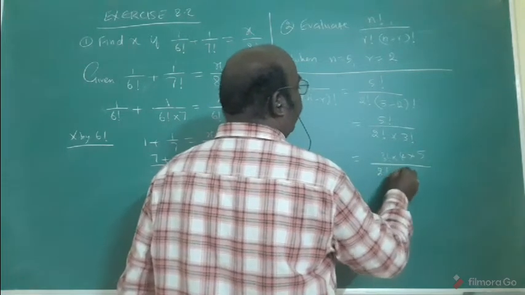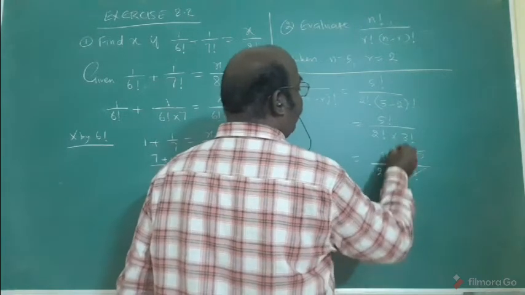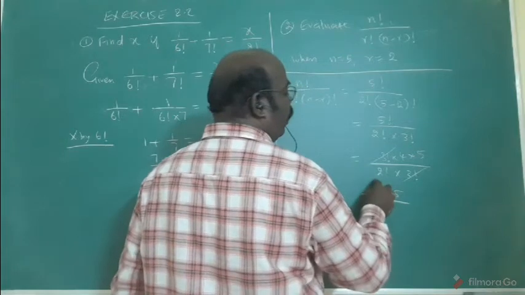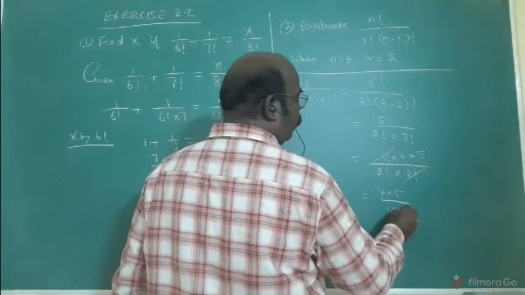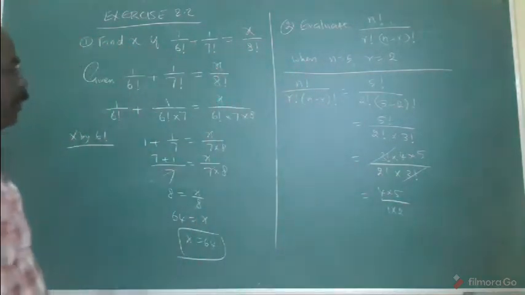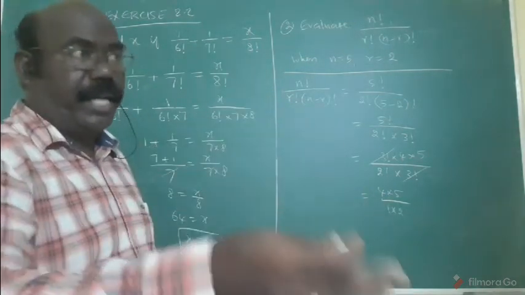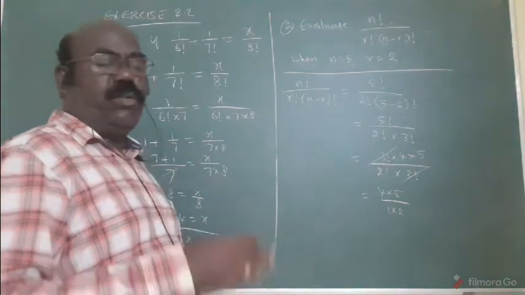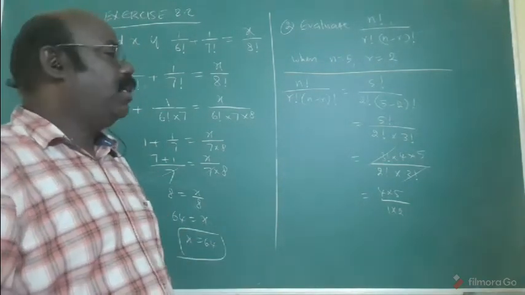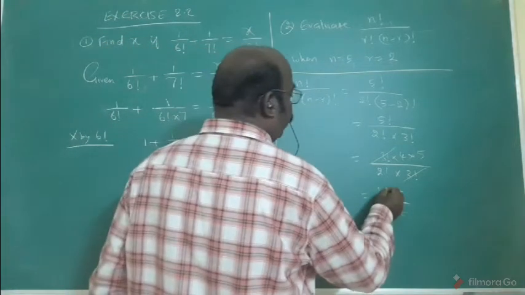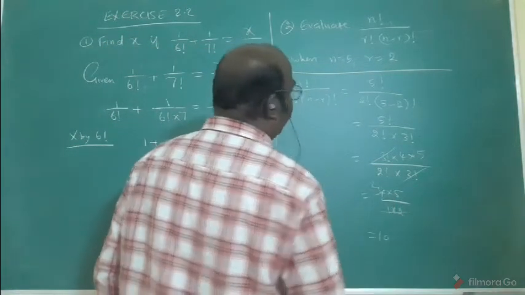Because here this number will be cancelled. Okay? Now 4 into 5. Here I have 2 factorial. 2 factorial can be 1 into 2. What I told you? Previous formula. N factorial means 1, 2, 3, etc. up to n. 2 factorial means start with 1, 1, 2, that's all. 5 factorial means 1 into 2 into 3 into 4 into 5. In this way. 1 times, 2 times. Answer is what? 10 is the answer.